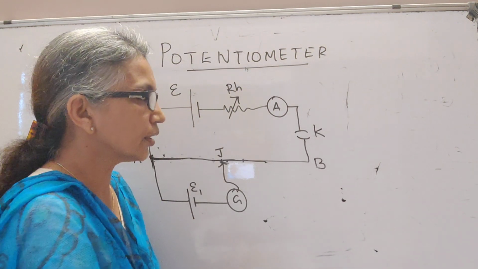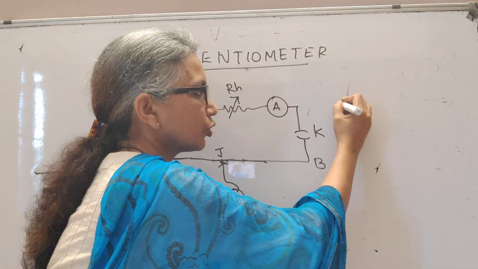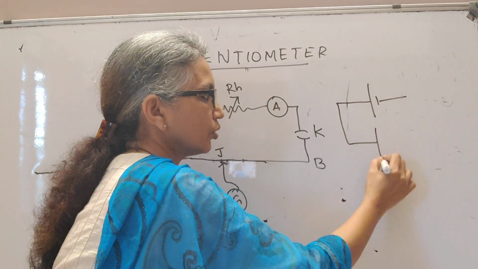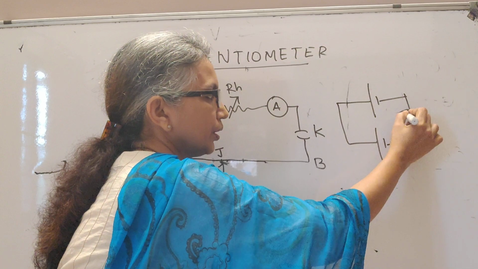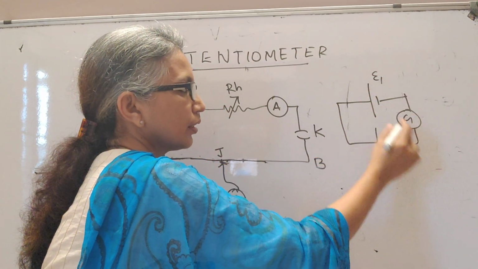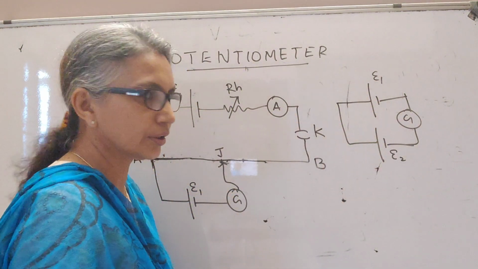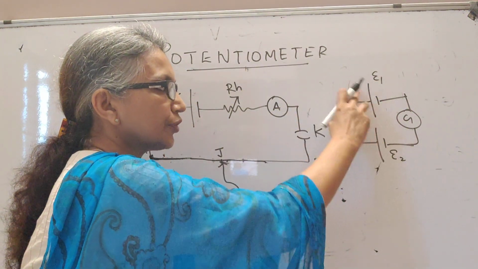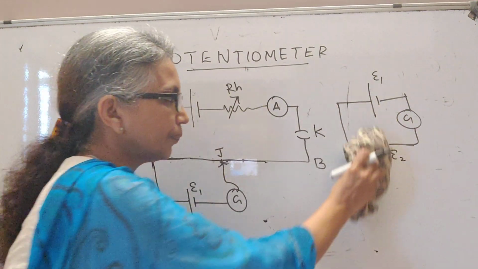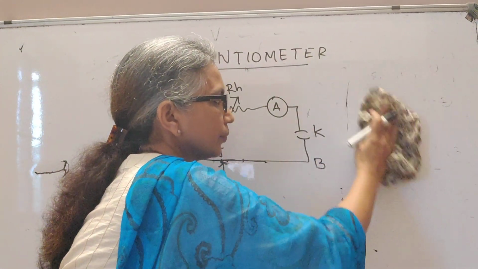The first reason is, I told you the principle of your potentiometer is you are connecting two voltages, allowing two voltages like this. That is your galvanometer here, like this. And I said both these cells are sending currents in opposite directions, or the EMFs are the same, and that is why there is no current in the galvanometer.